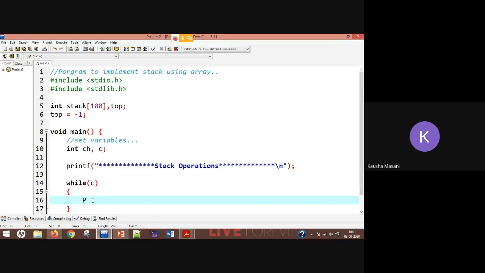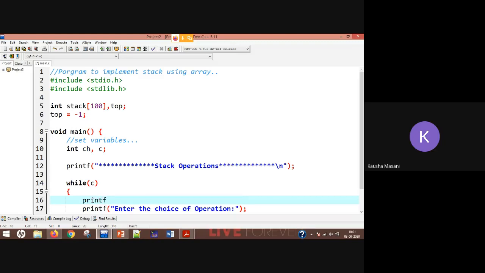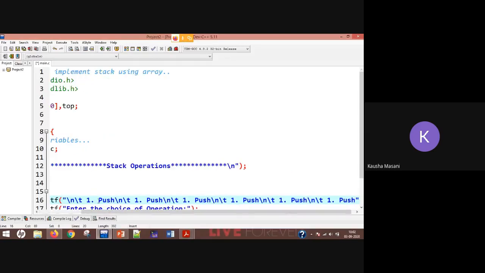Then you are going to go for one more printf statement: Enter the choice of operation. And you are going to give the choices like this: push, pop, peep, display, change and exit.